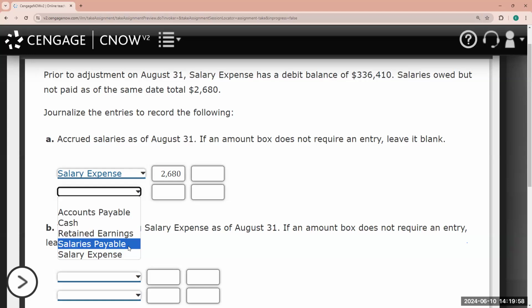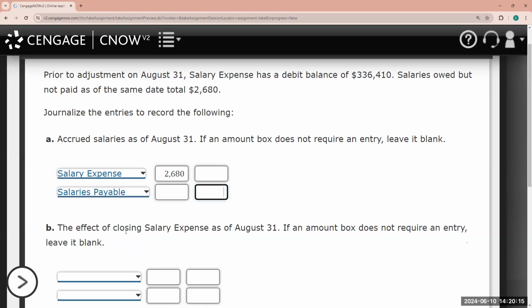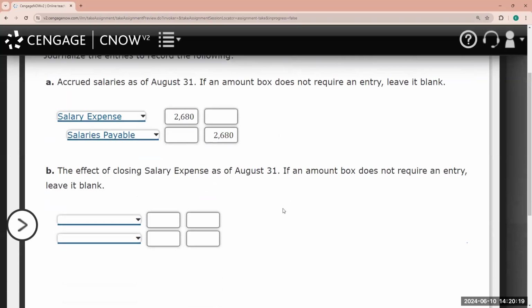We would credit our salaries payable account because we have a liability to pay $2,680 to our employees. And we wouldn't credit salaries expense because crediting salaries expense would decrease our salaries expense. It wouldn't increase it. So our journal entry would be a debit to salaries expense and a credit to salaries payable of